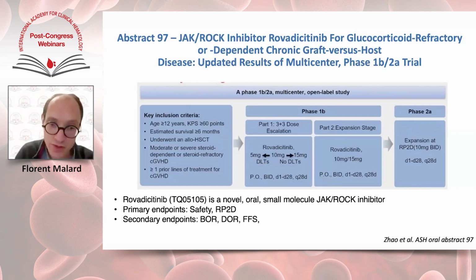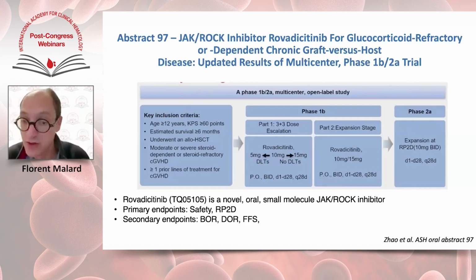We have JAK2 with ruxolitinib that is approved as the standard second-line treatment in acute, but also in chronic graft-versus-host disease in patients that fail steroids. And we have this JAK inhibitor ruxolitinib. We have also now belumosudil, that is a ROCK inhibitor, a first-in-class treatment. I apologize. That is approved in the US and that can be used for early access programs in some